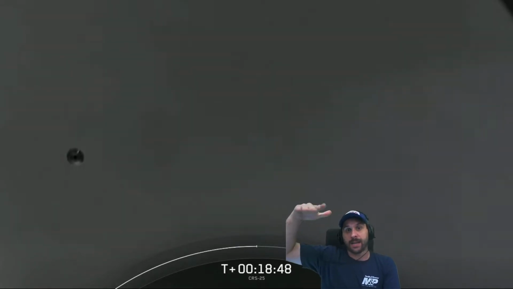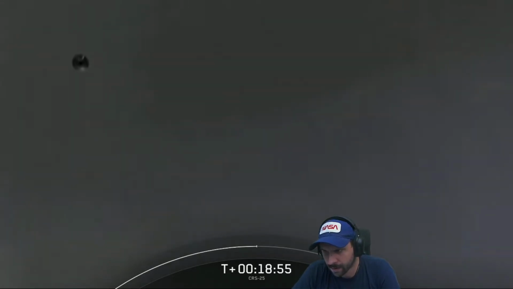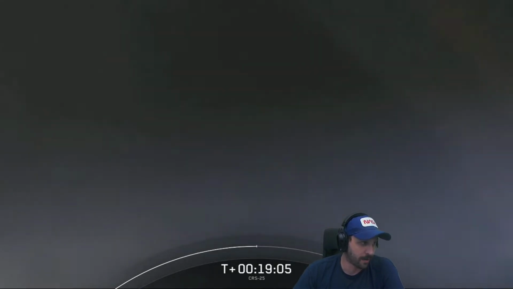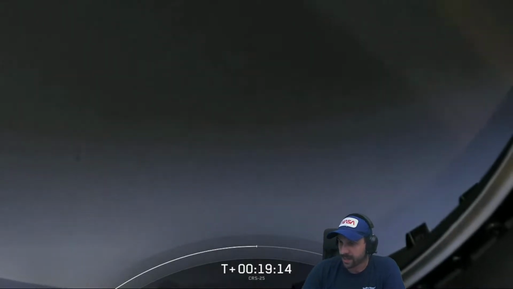It's night. Yeah, I know, Skippy. I know it's night where you guys are. But Dragon might be high enough that it might be in the sunlight here shortly. So you might be able to see it. I'm telling you, if there's no clouds, she's coming over the southern coast of Ireland right now. When they open the nose cone, we'll see if there's sunlight. This thing should be in the sun.